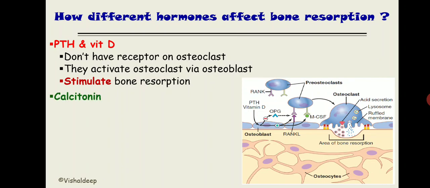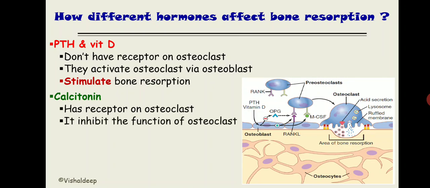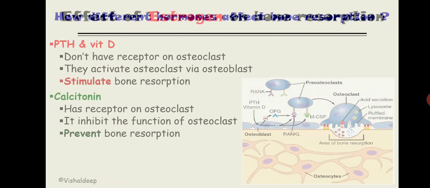Now next one is calcitonin. Calcitonin is the hormone that is secreted by the thyroid gland parafollicular C cells. It has a receptor over the osteoclast and it inhibits the function of the osteoclast, so it inhibits and prevents bone resorption. Alright, we are going to discuss calcitonin in detail in our next lecture, so don't worry about that. We are going to discuss all these three hormones in our next lecture: vitamin D, parathyroid hormone